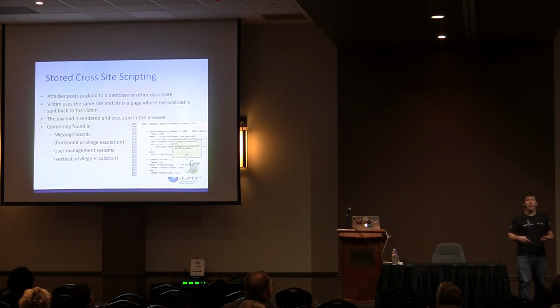So essentially, I'm able to control the HTML and the JavaScript that's going to be rendered and executed in the user's browser. A good example of this is a message board situation. I'm posting something, someone else views that message, and they render the HTML and JavaScript that I included. That's a horizontal privilege escalation, where I'm a user and they're a user, and I'm able to control that user's browser. But it can also cause what we call vertical privilege escalation scenarios,